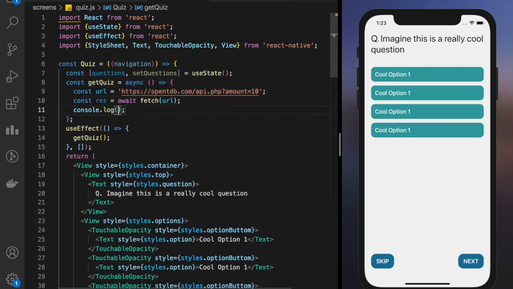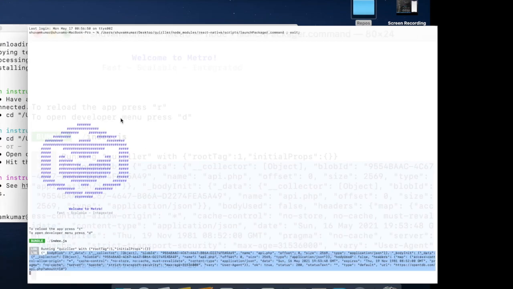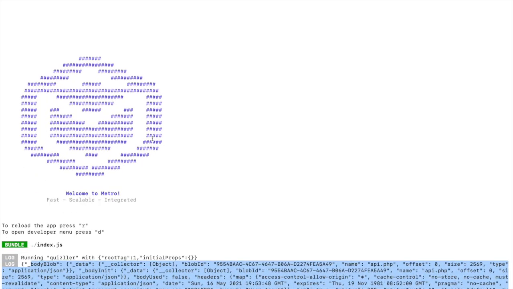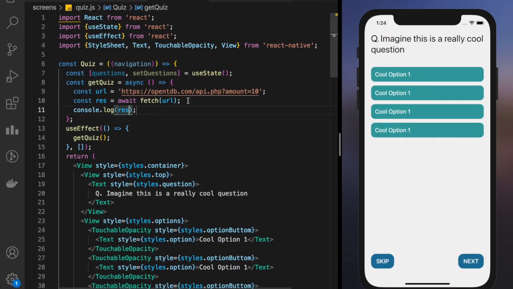Now if we will log our result, you will see a very different thing, right? Here you can see this response here. I'll just zoom in for you guys. Can you see this response here, blob ID and everything? So we'll have to JSONify the data, right? So for this you can use promise method as well, .then.